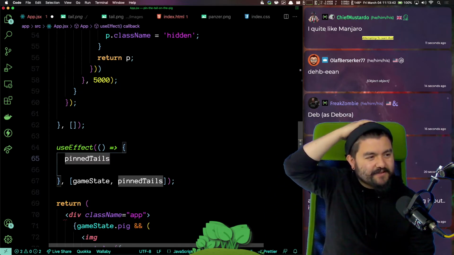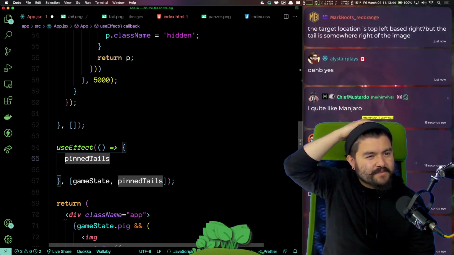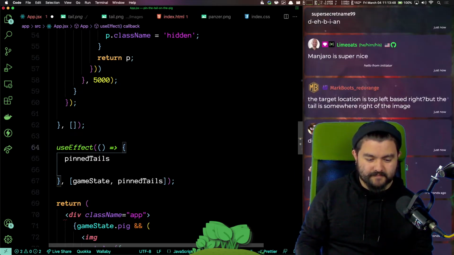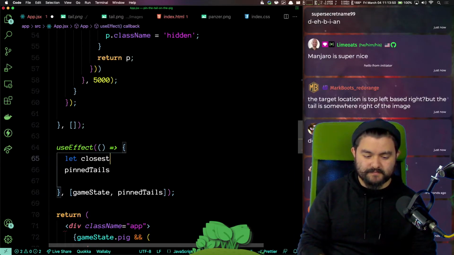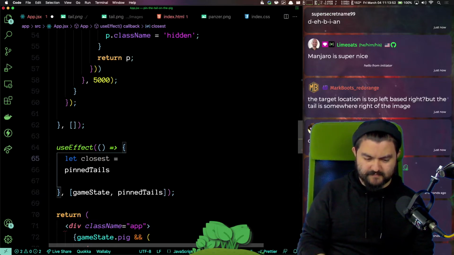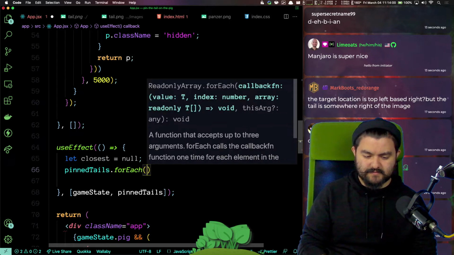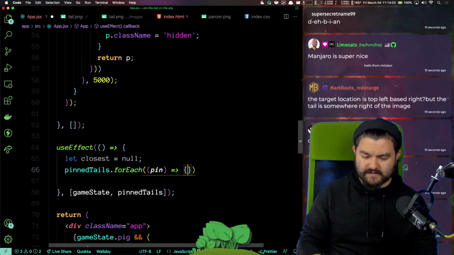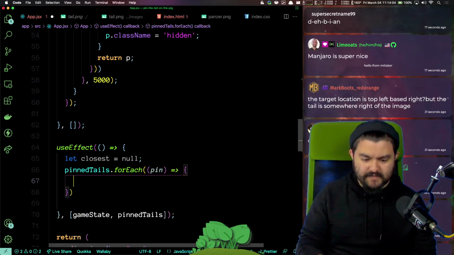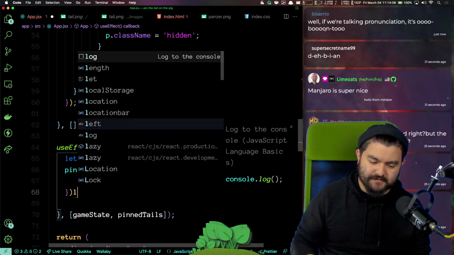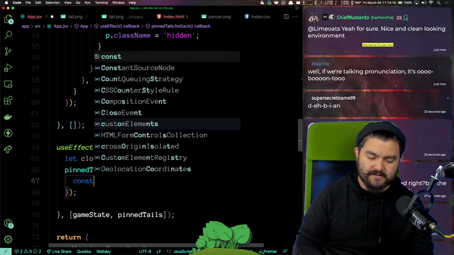All right, what do I want to do here? I want to find the closest one. Starts off as null. And then for every single one, we want to find the distance between that pin and the actual one.